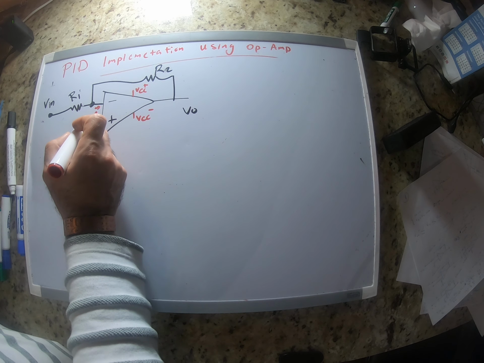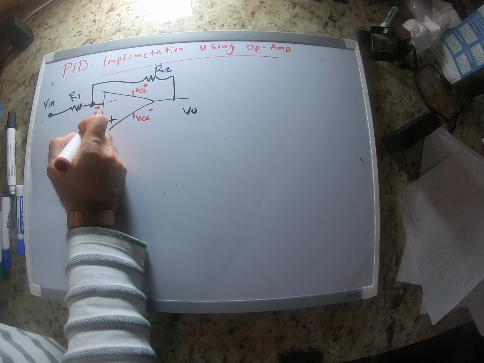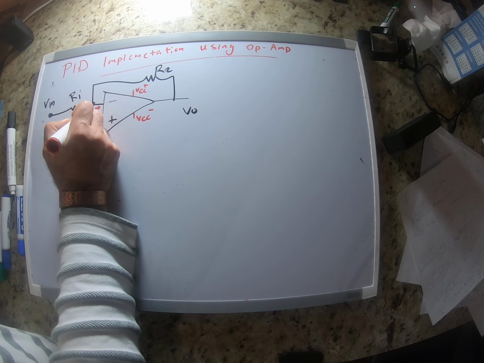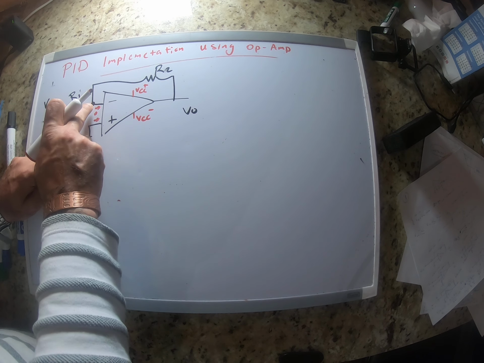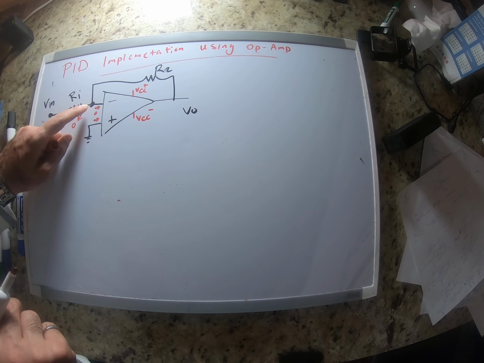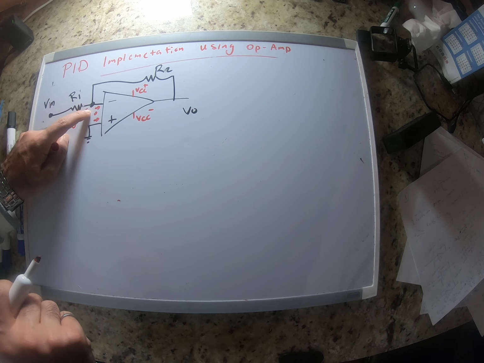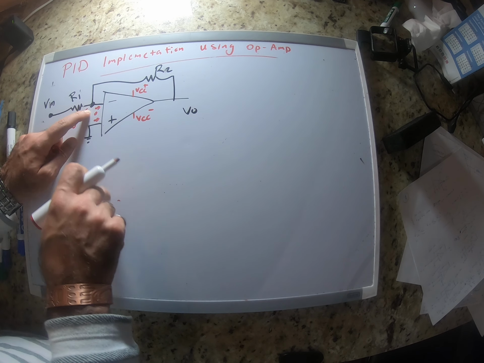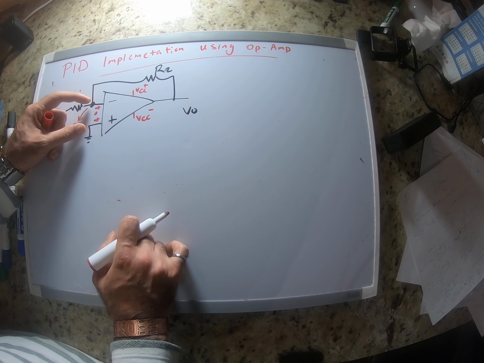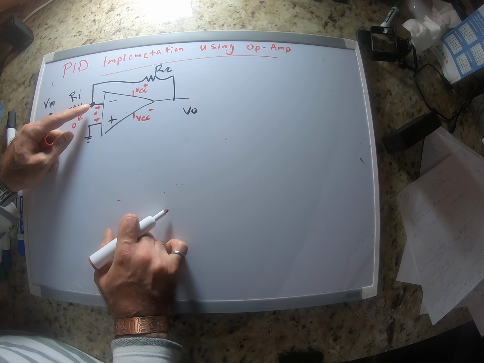So if the non-inverting voltage is the same as the inverting voltage, then we can assume that this voltage is 0, right? Because this one is grounded, this one becomes 0. We call this virtual ground. It's not connected to ground physically, but op-amp makes sure that these two voltages are the same, so the potential for